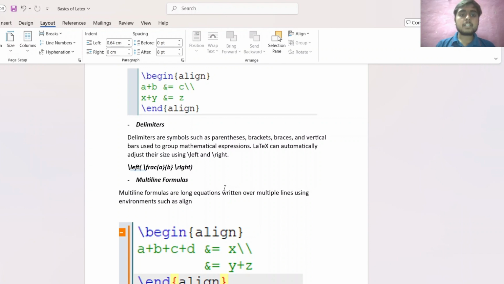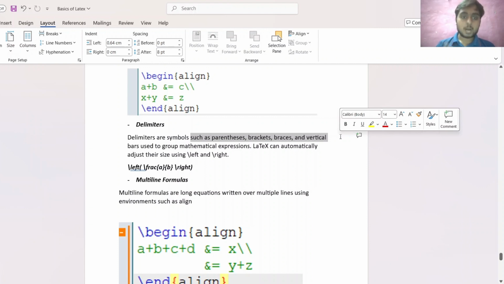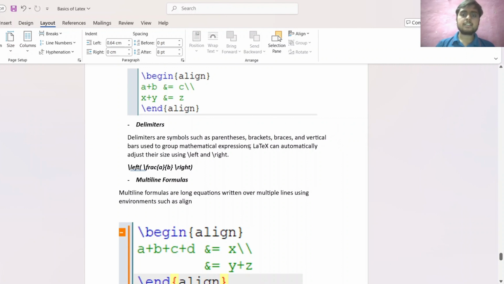So the delimiters are symbols such as parenthesis, brackets, braces, or vertical bars. They are used to group mathematical expressions, and LaTeX can automatically adjust their size using the \left, \right delimiters. So we have \left. This is a parenthesis, the circle bracket, I would say. The curly braces we can also insert, and the square brackets also we can insert.